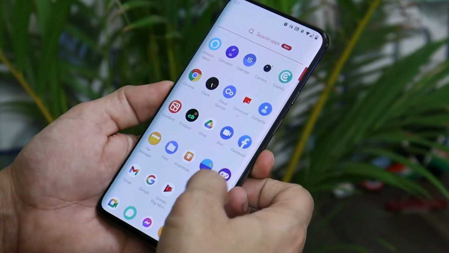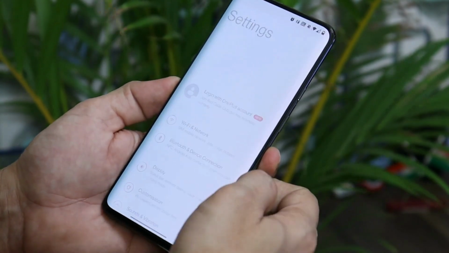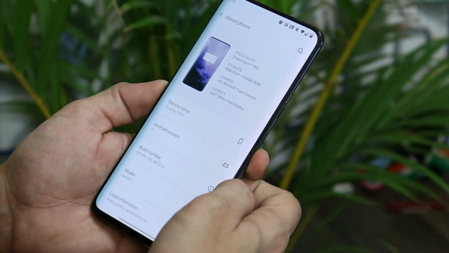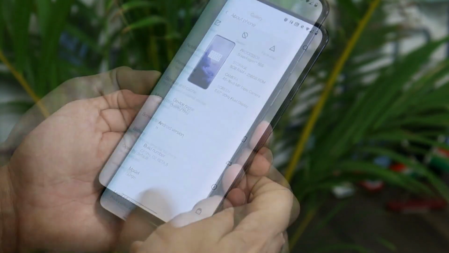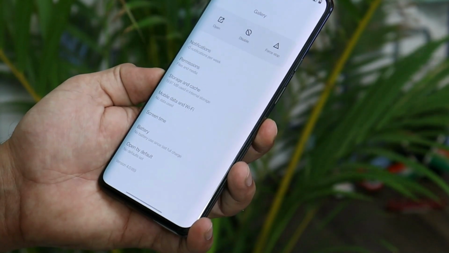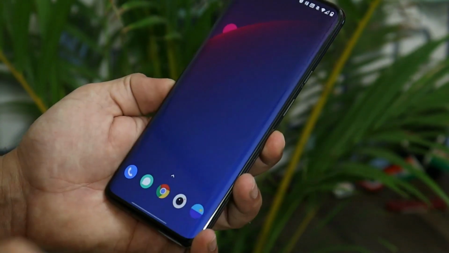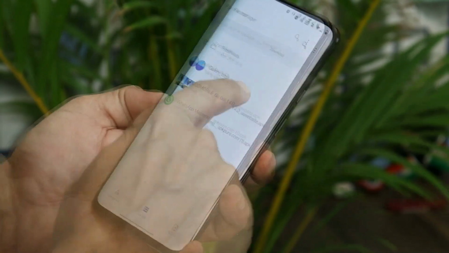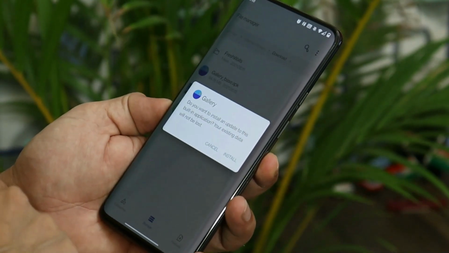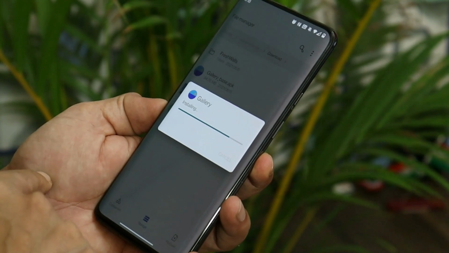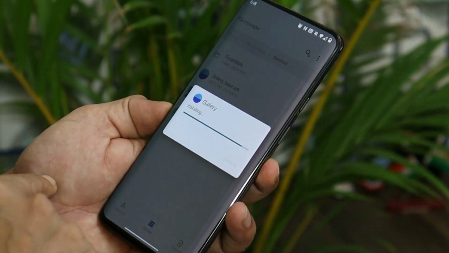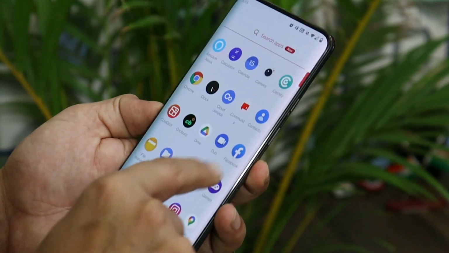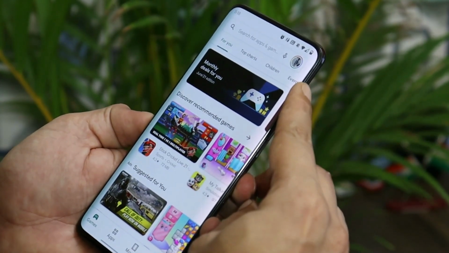And here I have my OnePlus 7 Pro, which is currently running on the latest beta of Oxygen OS, which is Oxygen OS Open Beta 5 based on Android 11. Here on this build the version is 4.0.189. The same way you can install the Gallery APK on the OnePlus 7 series. Here is the application which you can download from the description below. Tapping on install. And here also no issues in installing. The account in the Google Play Store is also different.